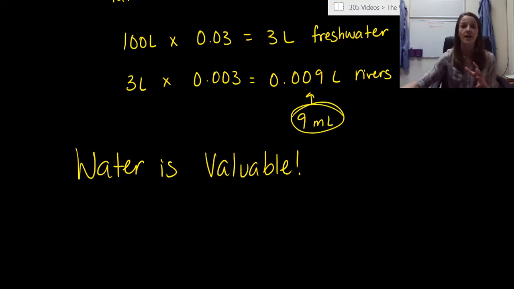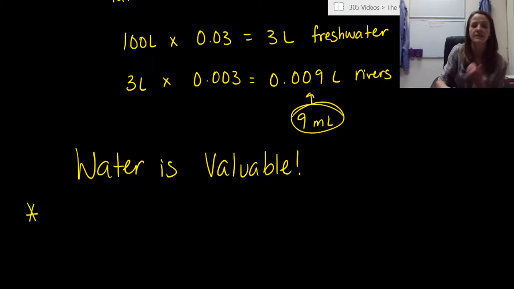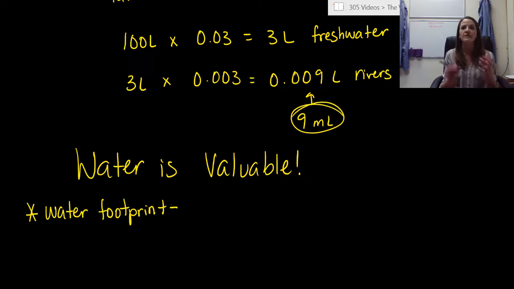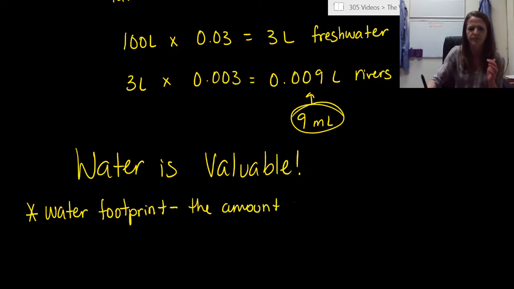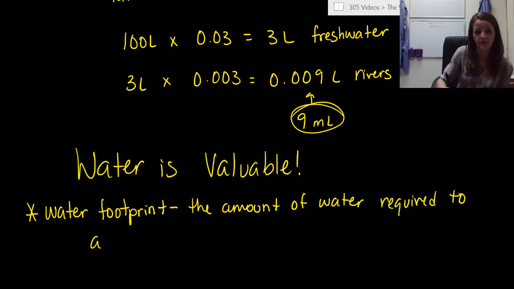Now, let's introduce a concept that gives us a way to evaluate if something is efficient in its water process or not. We've talked about something similar to this before in previous modules when we talked about our footprint, or our carbon footprint. In this video we're going to talk about something very similar, but instead of carbon, we're going to talk about water. We have this concept of a water footprint, which is a very, very simple thing. It's basically just the amount of water required to accomplish a task.